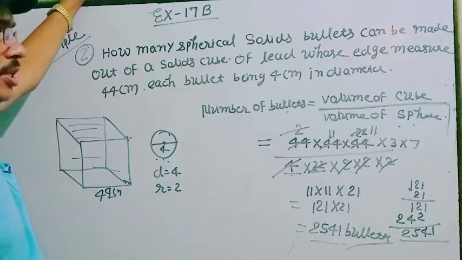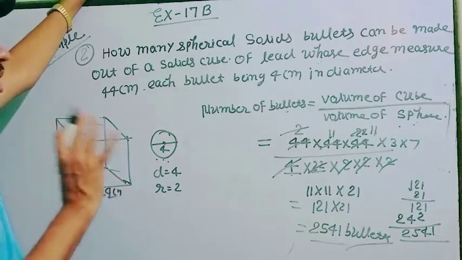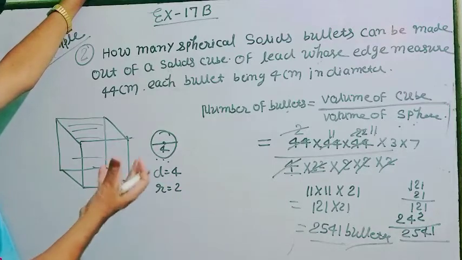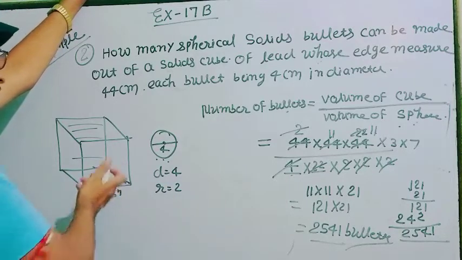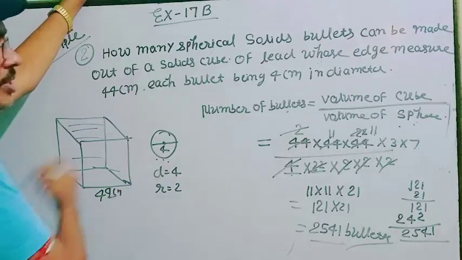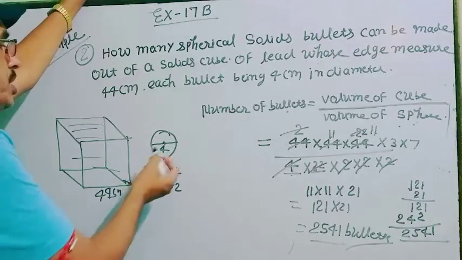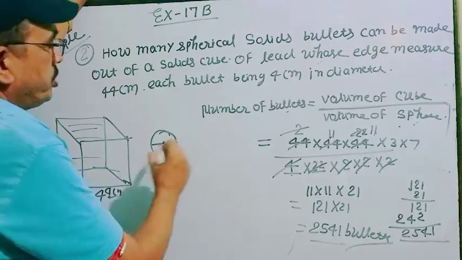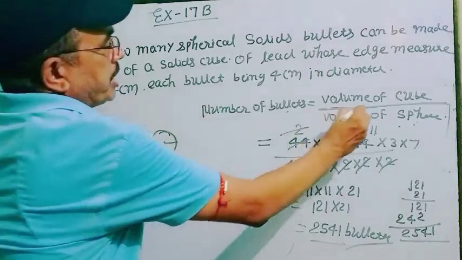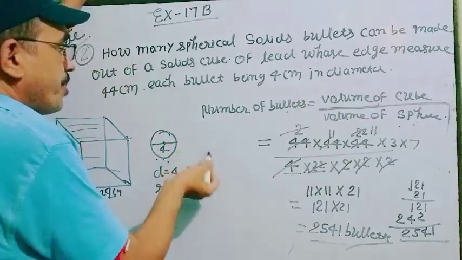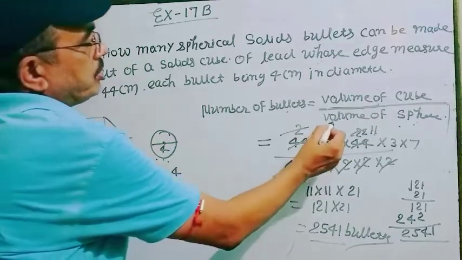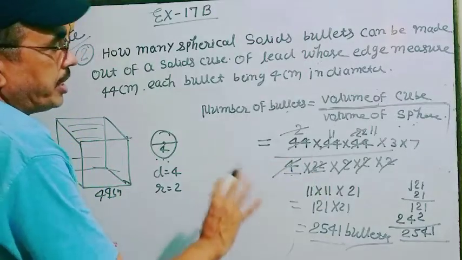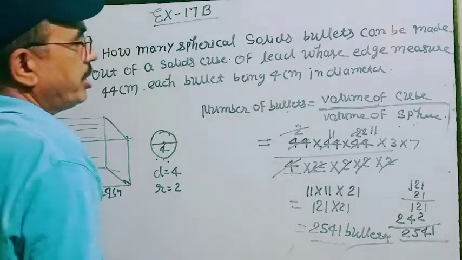So in this type of question, student, when they say that one solid is melted and another is formed, the shapes of the solids are different. Sometimes a cube is melted and formed into a sphere. In some questions a sphere is melted and a cube is formed. Then the solid which melts, its volume is written in the upper part, and the solid that is made after melting, its volume is written in the lower part. And write their formulas and cancel, and then you write the answer.